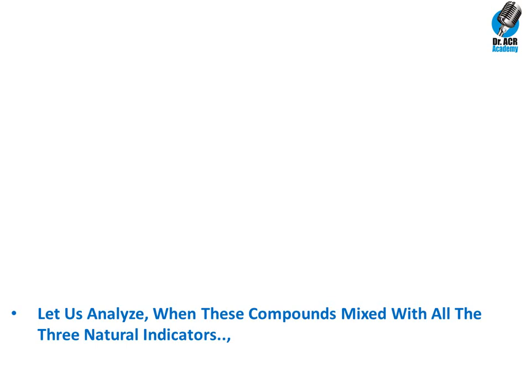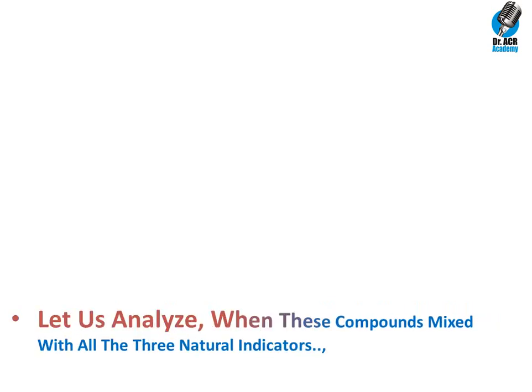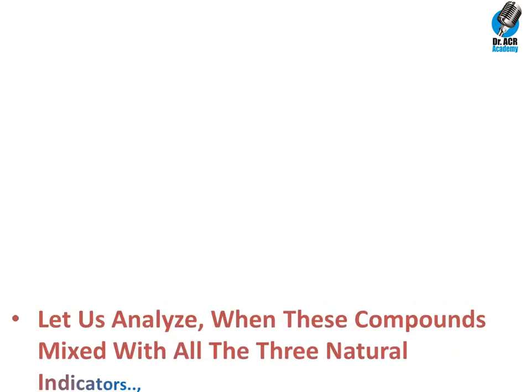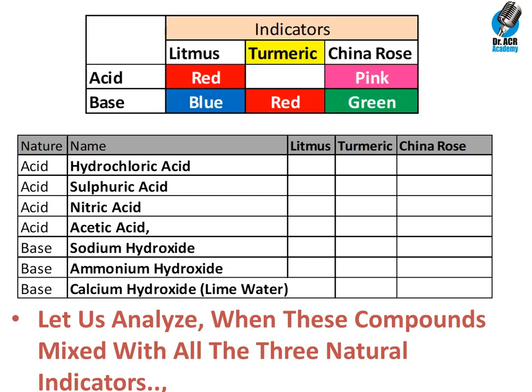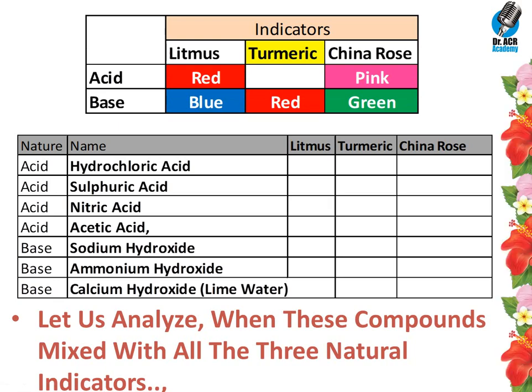Let us analyze when these compounds are mixed with all three natural indicators. These are lab chemicals. First is hydrochloric acid, sulfuric acid, nitric acid, acetic acid, sodium hydroxide, ammonium hydroxide, and calcium hydroxide. This is the key. The results are